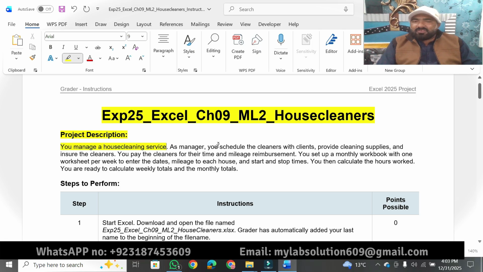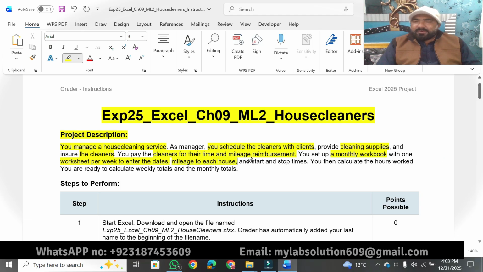As a manager, you schedule the cleaners with clients, provide cleaning supplies, and insure the cleaners. You pay the cleaners for their time and mileage reimbursement. Okay. You set up a monthly workbook with one worksheet per week to enter the dates, mileage to each house,